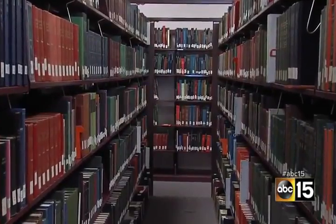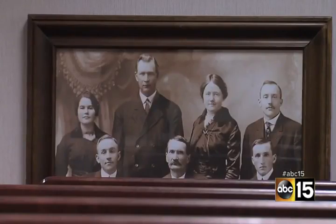You know, family is at the heart of the Mormon faith, so it should really come as no surprise that genealogy is also part of the tradition here. And did you know there's a place right here in the valley where you can trace your own family history? It's free, it's open to anyone of any faith. And we sent ABC 15's Stephanie Hockridge there to look at her own roots, which she traced back to the Civil War. There's a unique library in the heart of Mesa where dozens of century-old photographs adorn the walls and